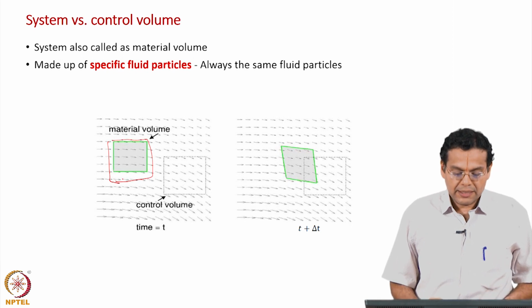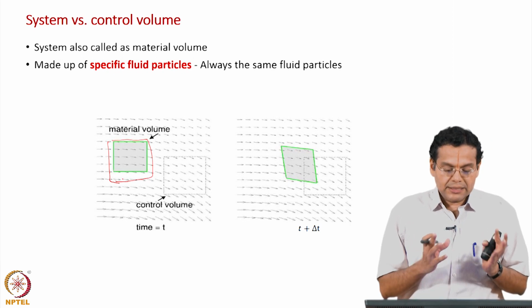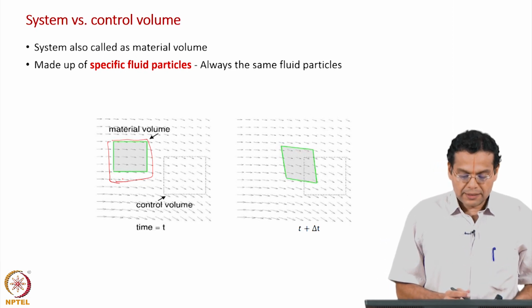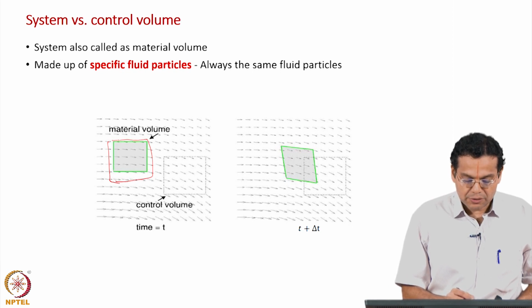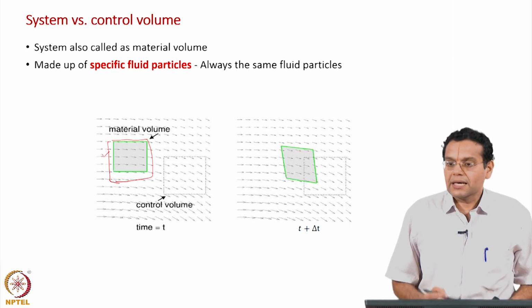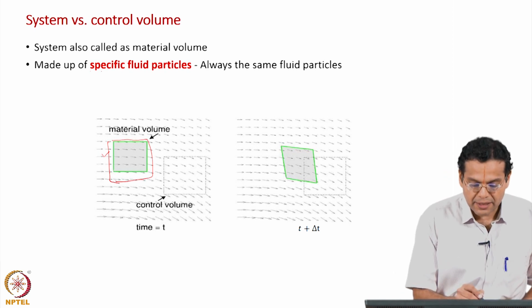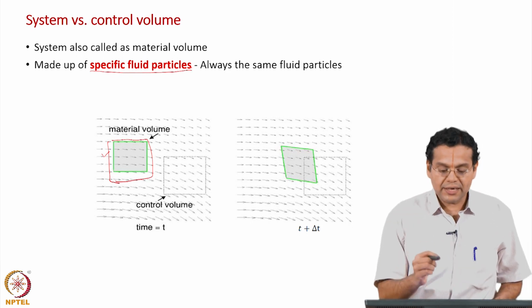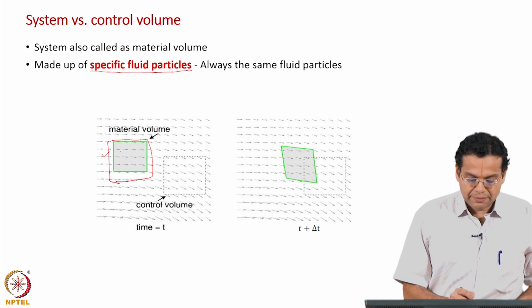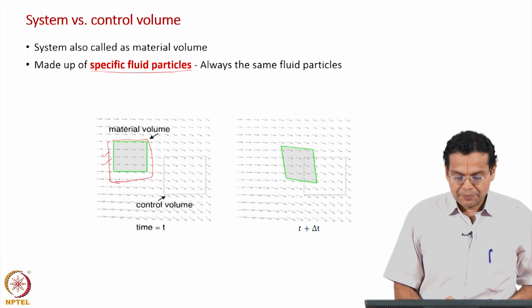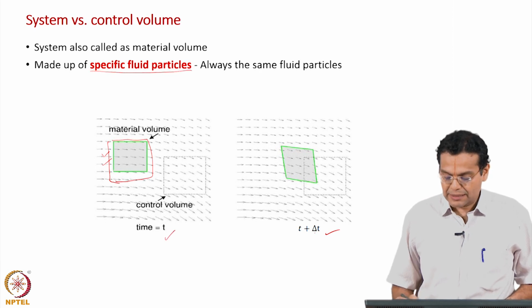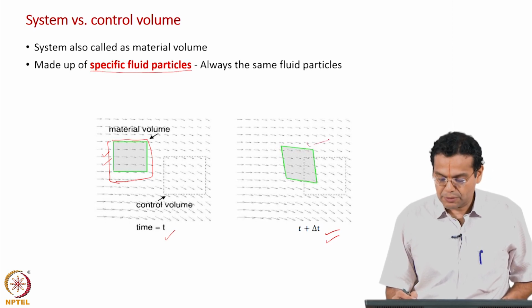What do I mean by that? At some time t, I inject a dye and color a portion of the fluid, which I call the system, and then I keep tracking what happens to this set of fluid particles, the same set of fluid particles. That is why I made it red and bold as well. That is the most distinguishing feature, or that is what defines a material volume. At time t, I color a set of fluid particles, let us say 100 fluid particles, and then what is shown here at some later time t plus delta t, let us say 1 second, let us say 1.1 second, this material volume has moved here.